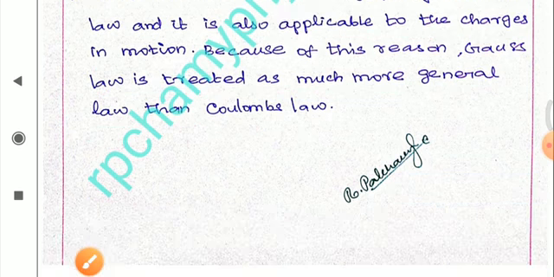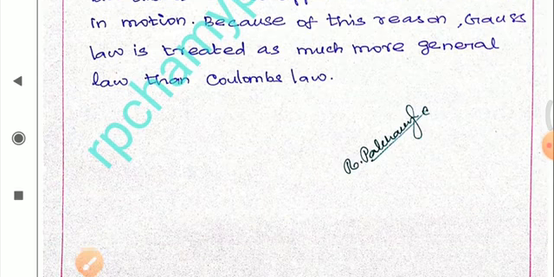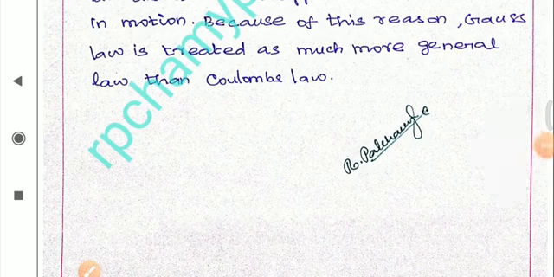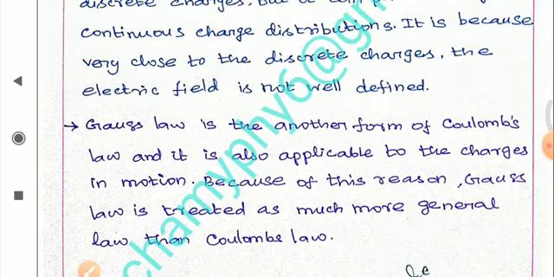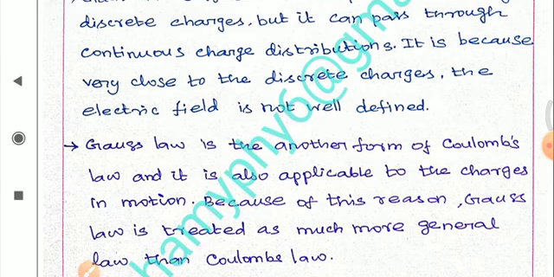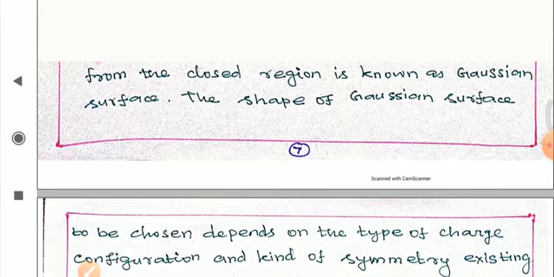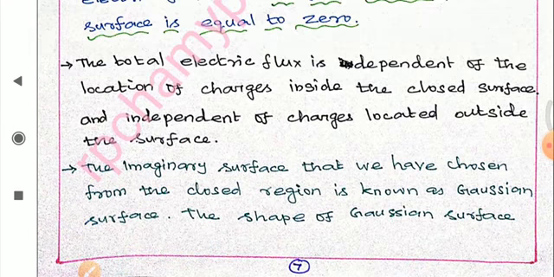Okay, my dear students, from this video, what questions can we expect in the examination? One is electric flux: define electric flux, whether it is a scalar or vector quantity, give its unit, give its formula. This is a 1 or 2 mark question. Another one is Gauss law. Then from the points to be remembered, so many 1 mark questions we can expect.